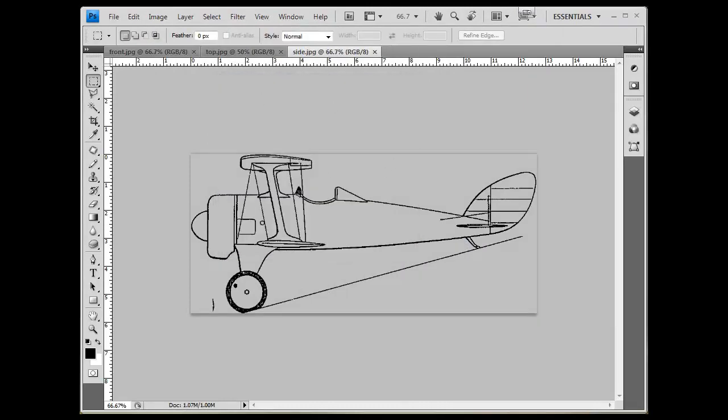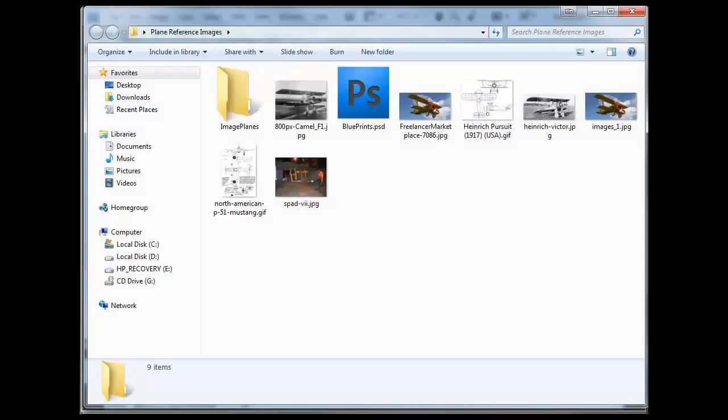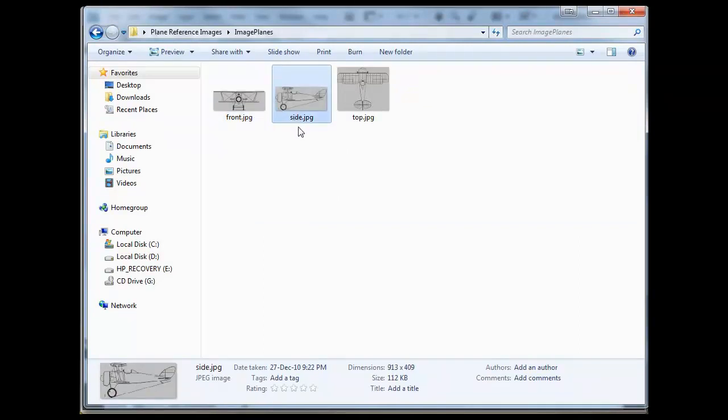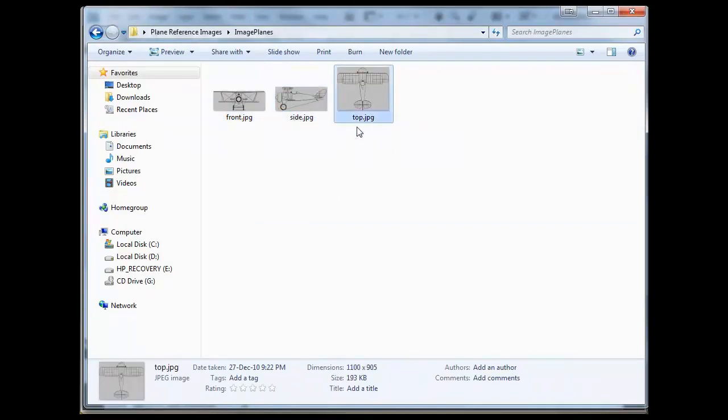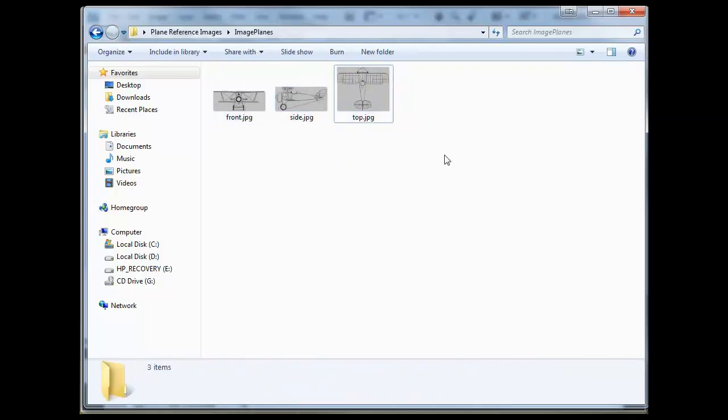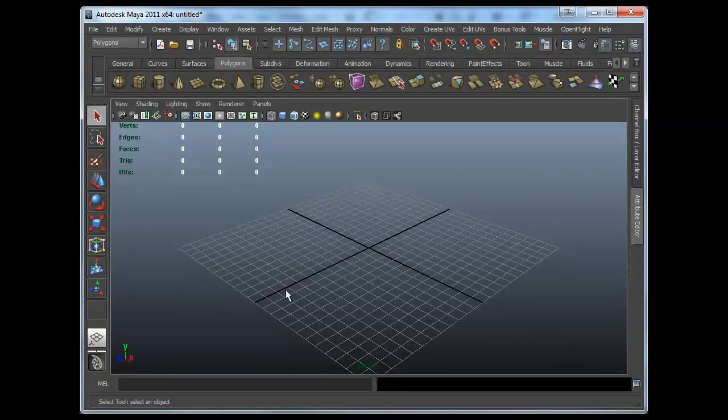Okay, now before I go further, let me try to open that folder again. So I can see here I got image planes for the front, the side, and the top views. Now I have to make sure that the top view is aligned with all those three, but to be honest, I don't want to think about it right now. I will see what will happen in Maya, and then later on, if it works out in Maya correctly, then we are happy. So back here in Maya,